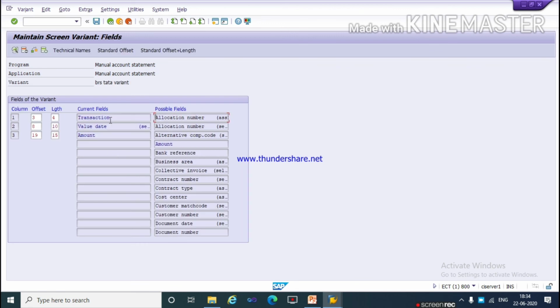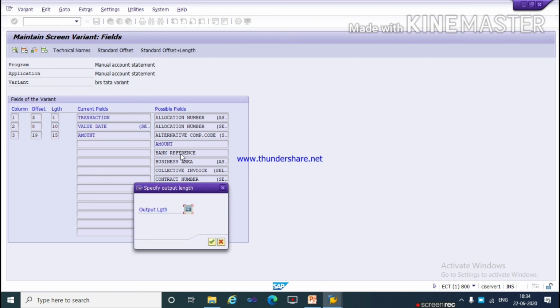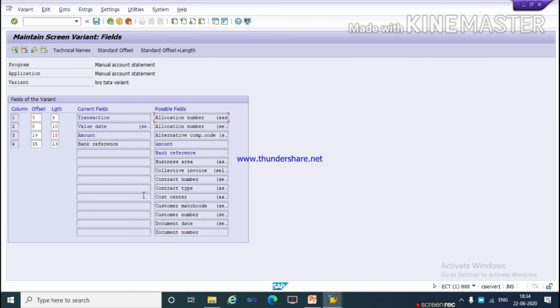Here you can see we have activated 3 fields. One more field we need to select, which is bank reference. Select it and insert before, or double click on bank reference. Double click on it, continue. Now you can see it has been added, and save.